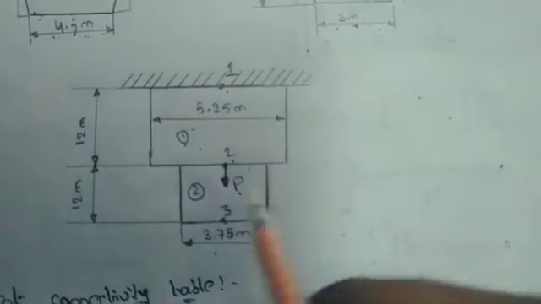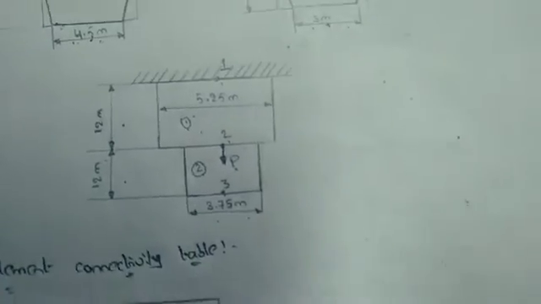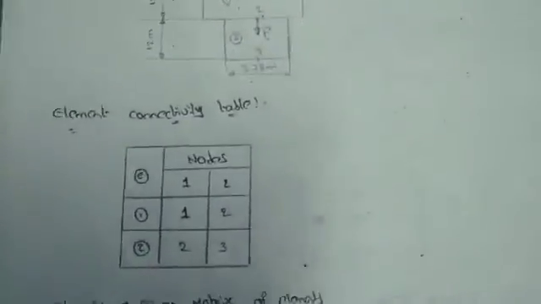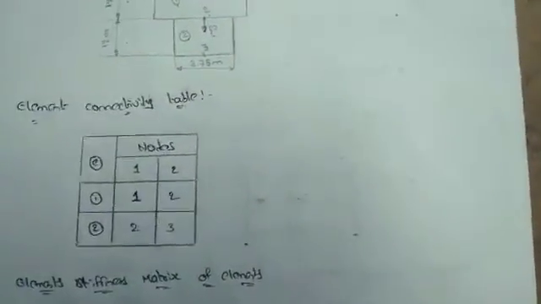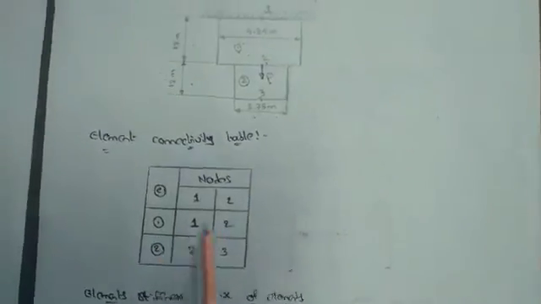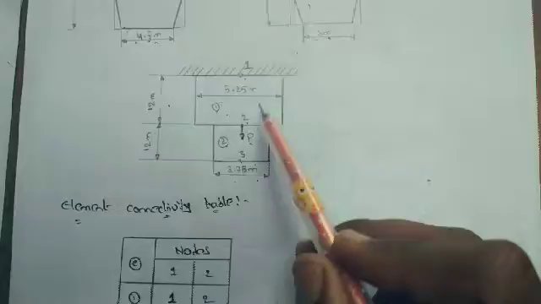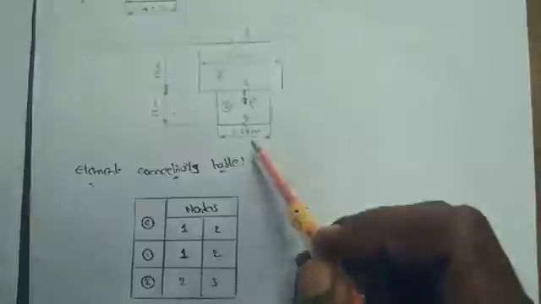Okay, the lengths are 12 mm and 12 meter and 12 meter. Okay, in this step first you have to write the element connectivity table for every bar element. This process is same. Here in the element connectivity table, two elements are there. What are the node numbers of element number 1? 1 and 2. Okay, 1 and 2. Node numbers of element number 2 are 2 and 3, so 2 and 3.